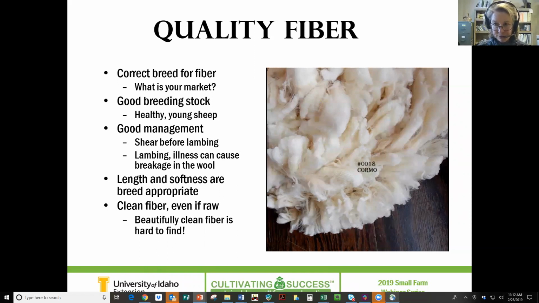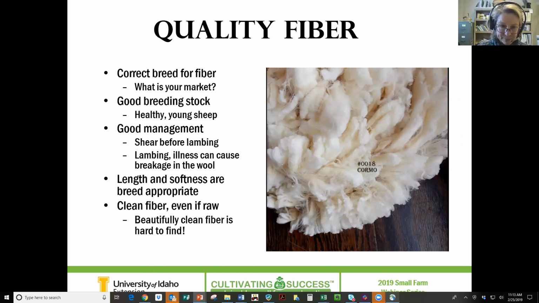Healthy sheep is critical to having good fleece. Young sheep, the older you get, the worse your hair is. We all know that. So it is sad that sheep's wool does deteriorate over time, just like ours does, just from age. Really, really key, though, is a lot of things that you have control over. That isn't just something that you have to buy or spend a lot of money for, and that is good management.